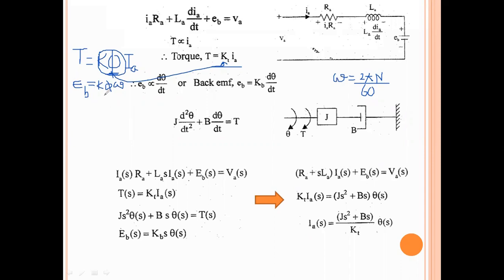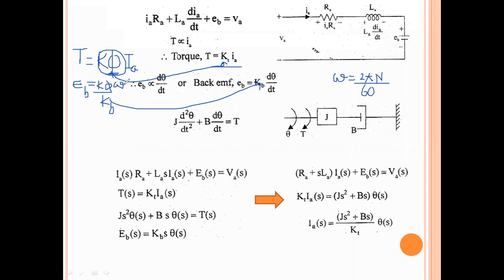Okay. So generally this is the back EMF formula, which is K into phi into omega. However, this phi is constant because our flux is constant, right? So this is represented with a constant value KB. You can see this KB here. And omega is d theta by dt. Omega is nothing but the change in displacement with respect to time, right? So omega is nothing but d theta by dt.